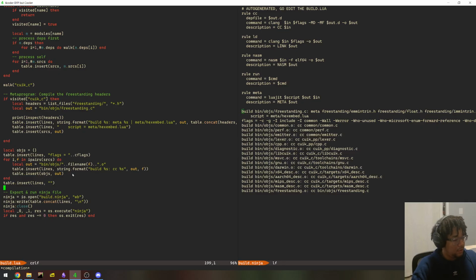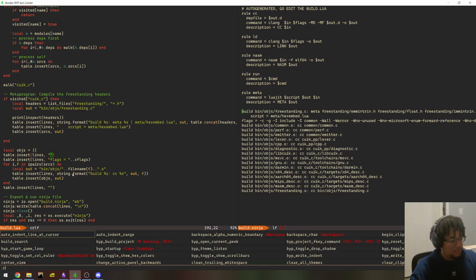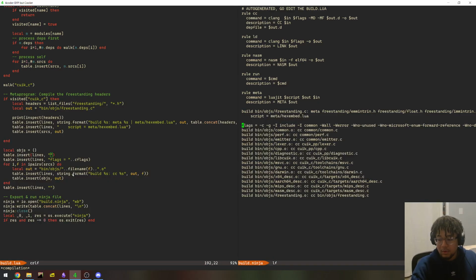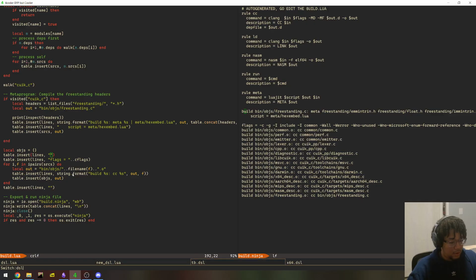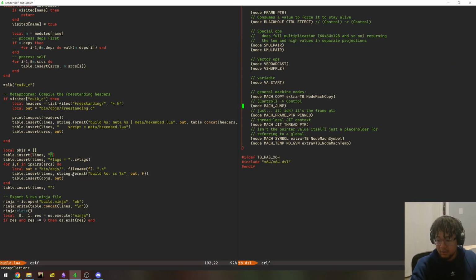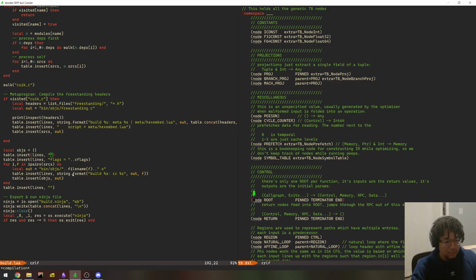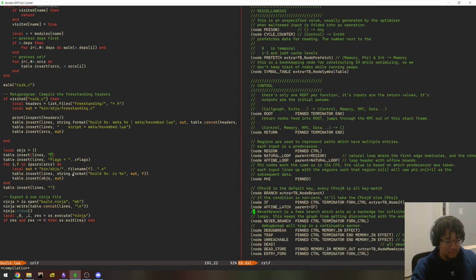So I've got the meta program here. Let's see if we can... Let's add a line between these two. So we build our meta program. We've actually got a few meta programs. The other meta program that needs to run is the one that deals with compiling the headers for TB. So we have this big table that holds all of the different flags and associates each of the nodes with whatever their extra data is. Nodes can inherit other nodes' properties, you know,